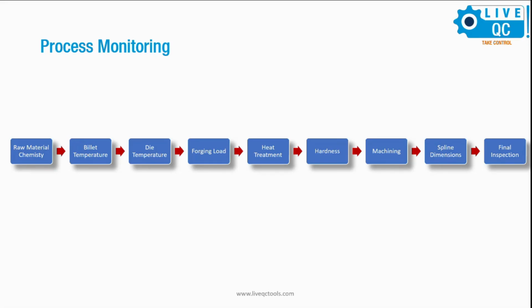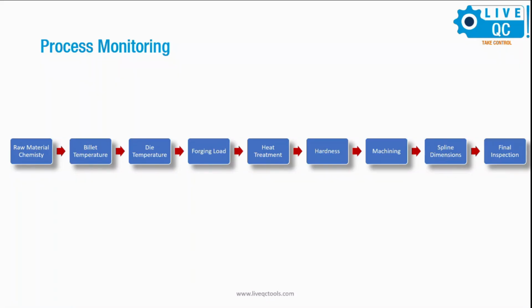Can I get an alert immediately as soon as calibration is off in my material analysis in chemistry? Absolutely, you should be able to get it. And the billet temperature, it keeps fluctuating. When was the last time you calibrated it? The furnace part of it. And then the die temperature. The die has suddenly cracked. Why? Was the die temperature being monitored? It prematurely failed, during a lower duty cycle, but away from warranty. Just a few weeks after warranty, the die gave up, looked up in the sky and said, I have retired.